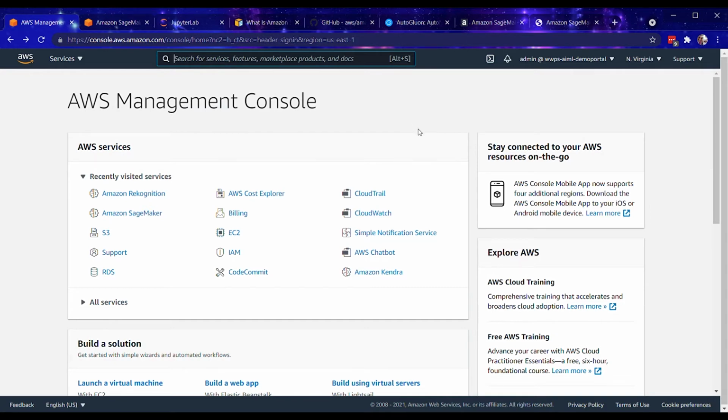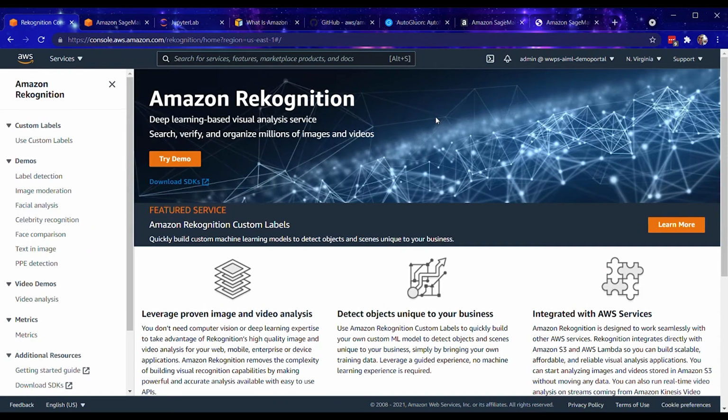And I will say that if you have a use case that you think might be a good fit for an AI service, I just want to point out that they're very easy to test out. So when I say fully automated, that's exactly what the AI services are. So if we go into something like Amazon Rekognition, in the console here, we can try a demo.